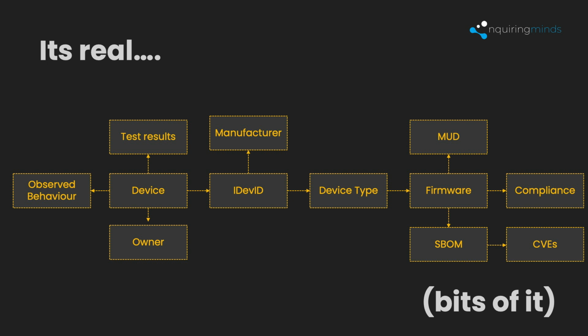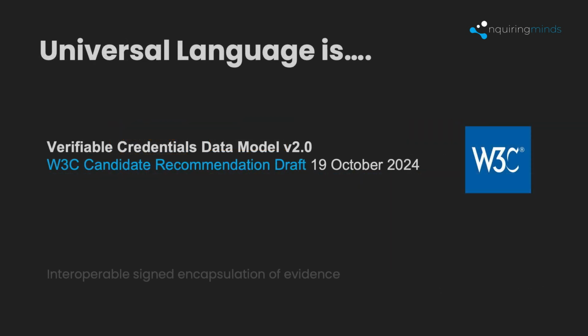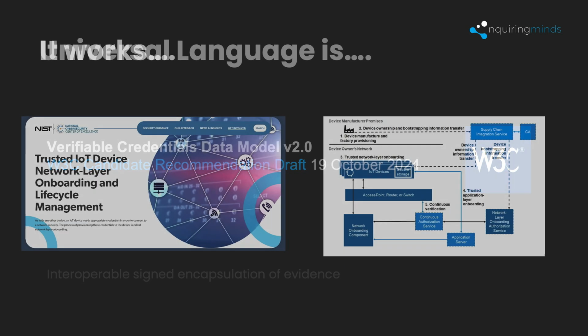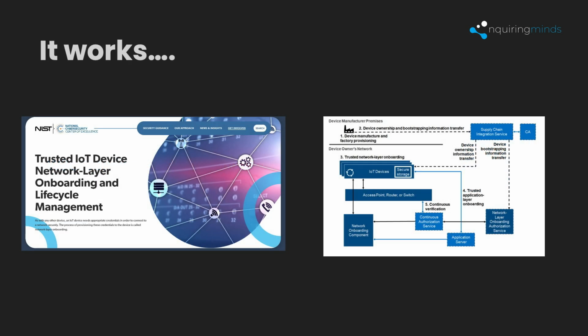It's not totally perfect. And we've got a language for doing it, which is W3C verifiable credentials. Basically, it's certificates on steroids, but they have the same essential properties: I've got a piece of evidence that I can reason on from a trustworthy source. And it works, right? A good chunk of everything that I've just described is live on the NIST servers in Washington as part of the Build 5 that we've built in collaboration with others.